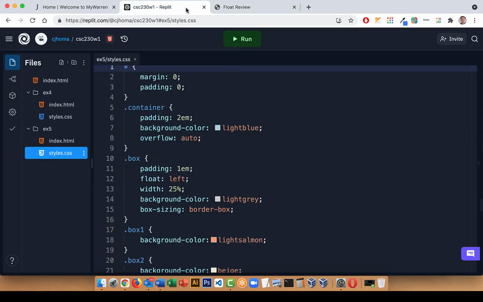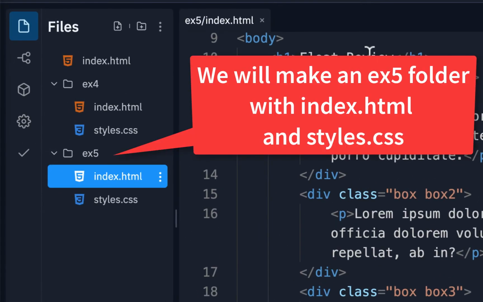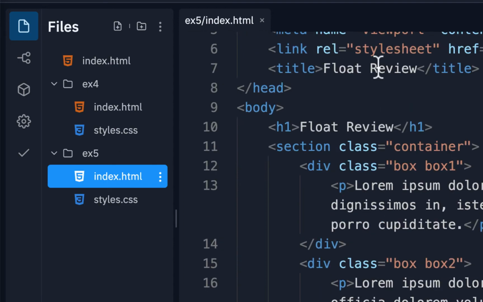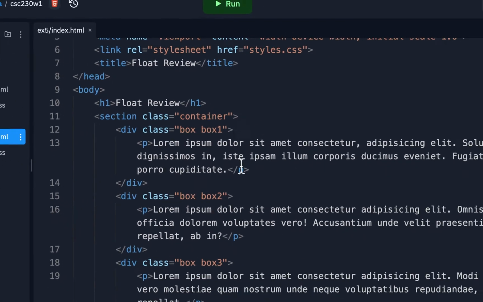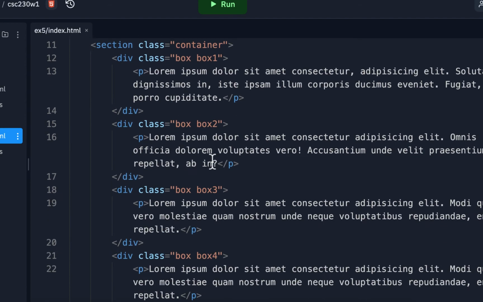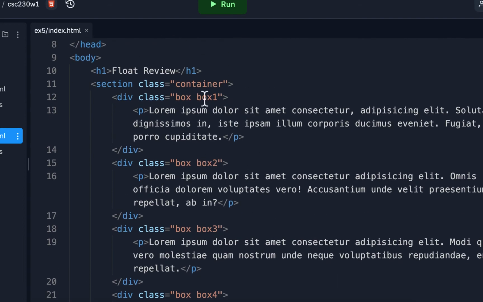Now, just to review a little bit more, we're going to make an ex5 folder. We're going to make an index page, which will be fairly easy to do because we're using Emmet, and it's really easy to generate lorem ipsum. It's very easy to generate just an H1 and all the HTML for that, so we don't have a lot to do. We'll go over the naming process again because that can be a little confusing,